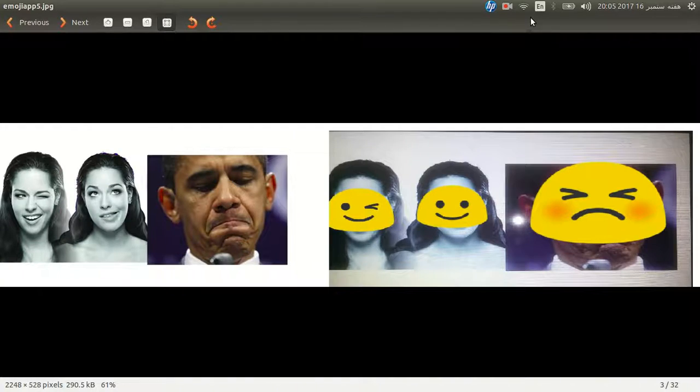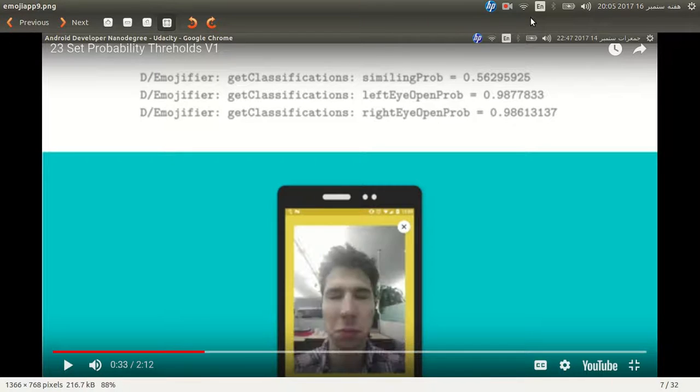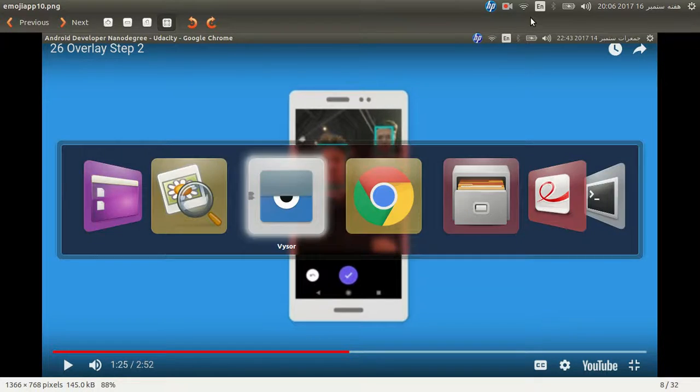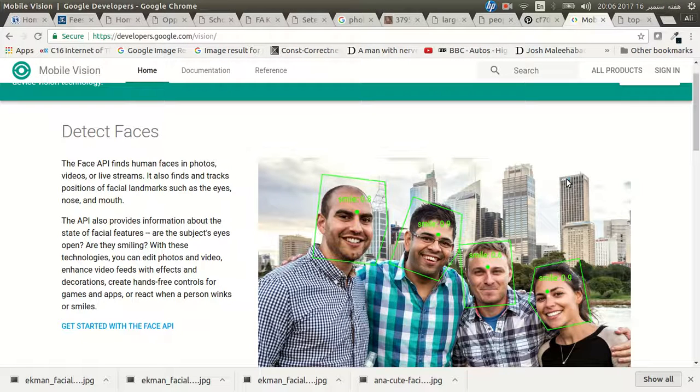So the way this app has been implemented is that once you take a photo, and you may have a wide range of emotions in that photo, the first thing the app does is determine the number of faces present in the photo, and for this purpose it makes use of Google's Mobile Vision library. What this library does is reliably give us the number of facial expressions present in a picture,